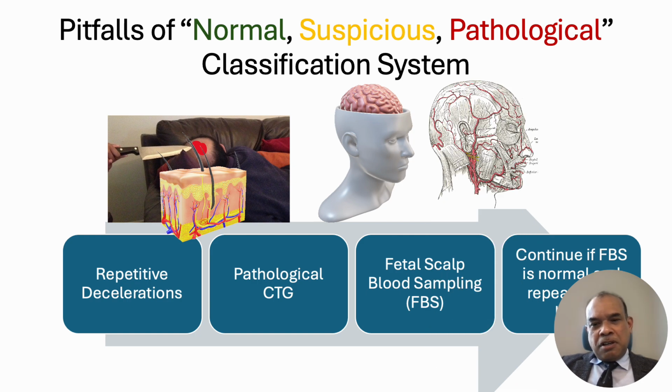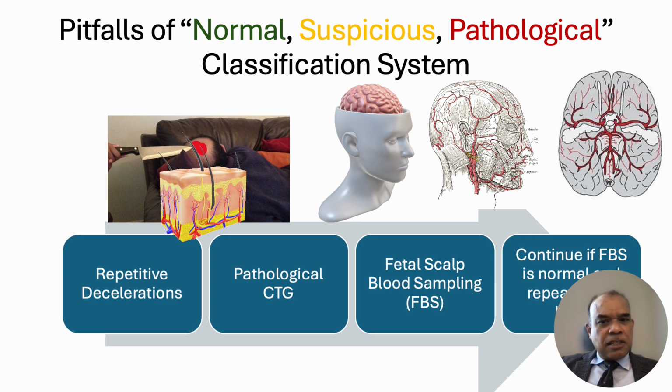non-essential tissue, and the skin of the scalp is supplied by branches of the external carotid artery. And in medical school we learned that the brain is supplied by branches of the internal carotid artery, and therefore taking a small sample from the skin is not going to reflect the brain at all. We don't represent central organ oxygenation. If you are in the gym, if you're running a marathon, you would release catecholamines to